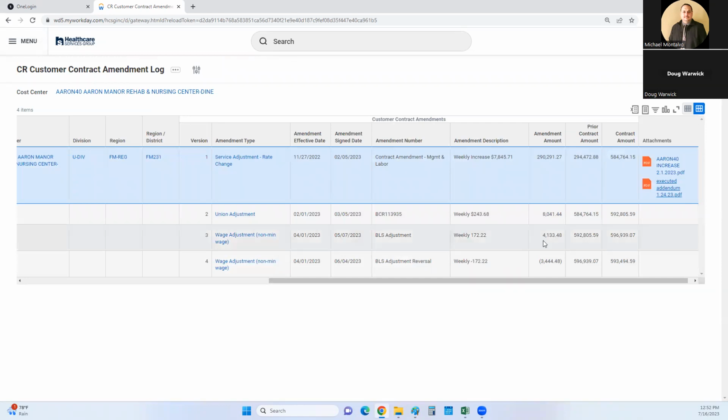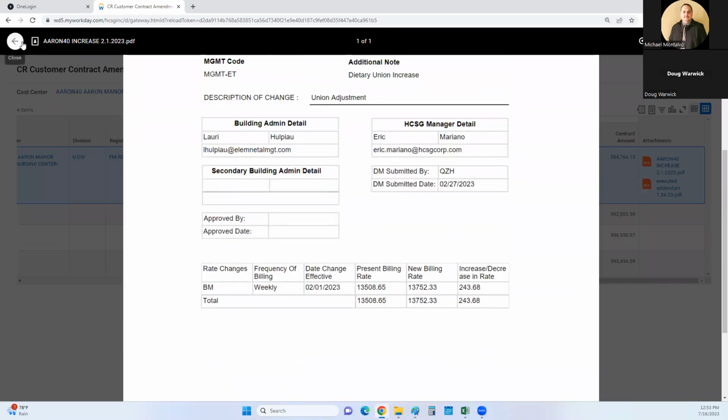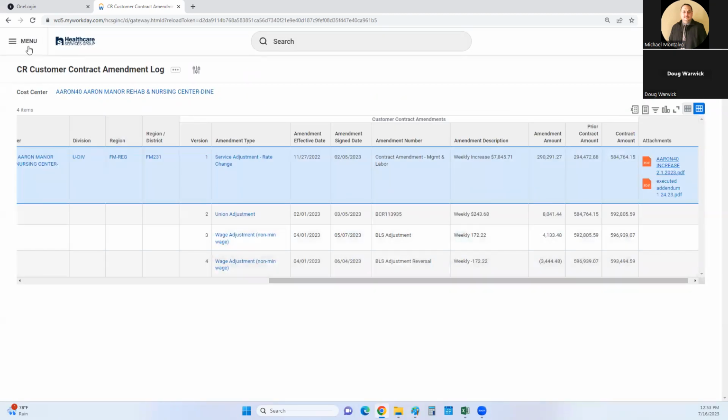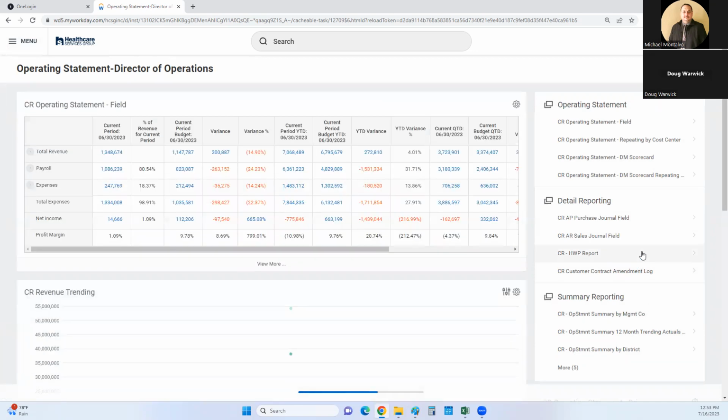For this to have all of our information there. So this, same thing here. This has that BCR. Makes sense. All right. That's a cool feature to get the history. Sure is. Now, the HWP report,